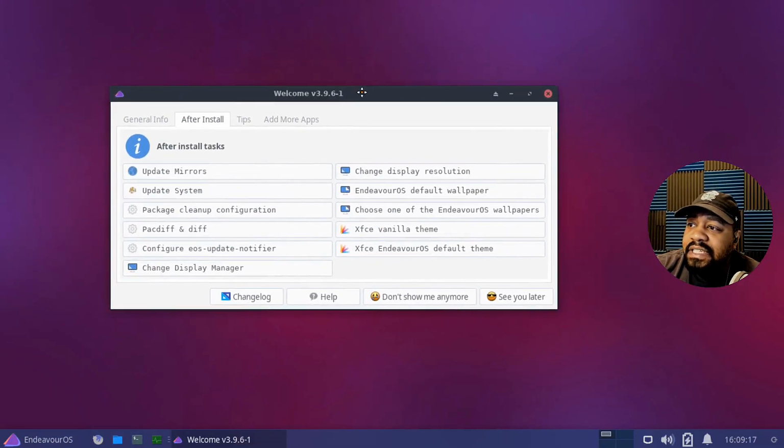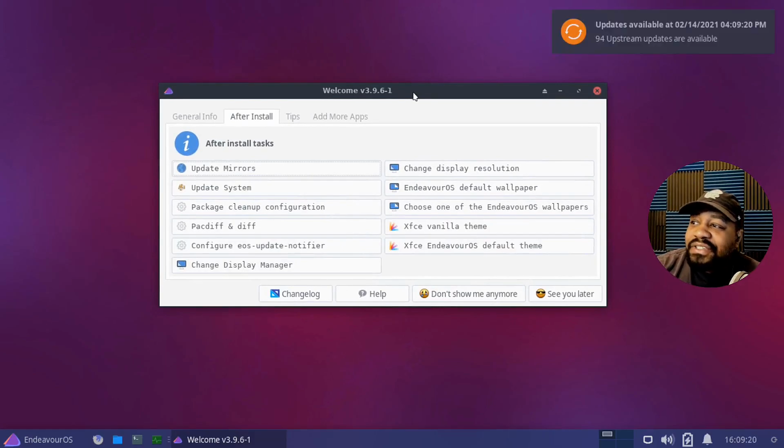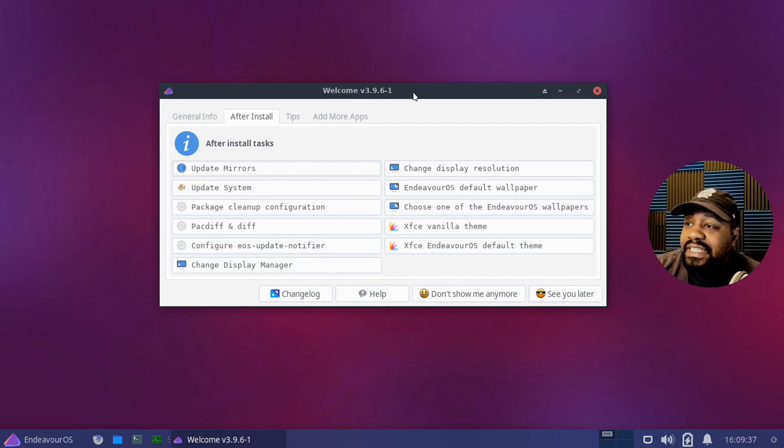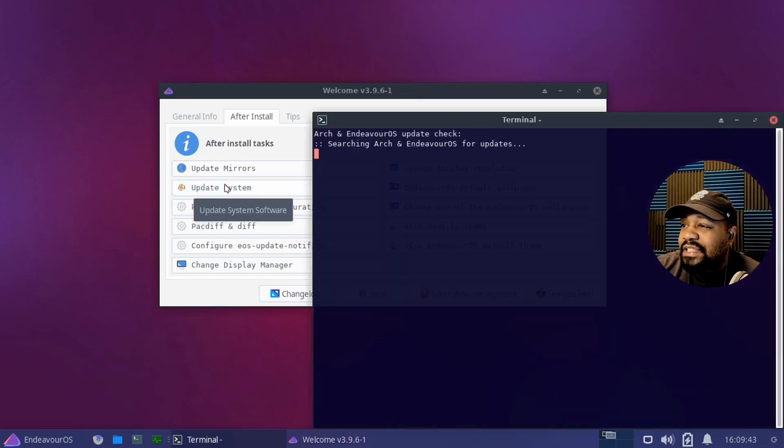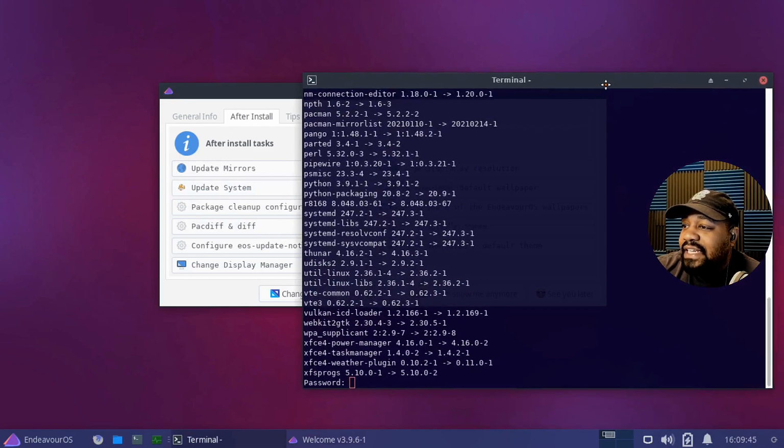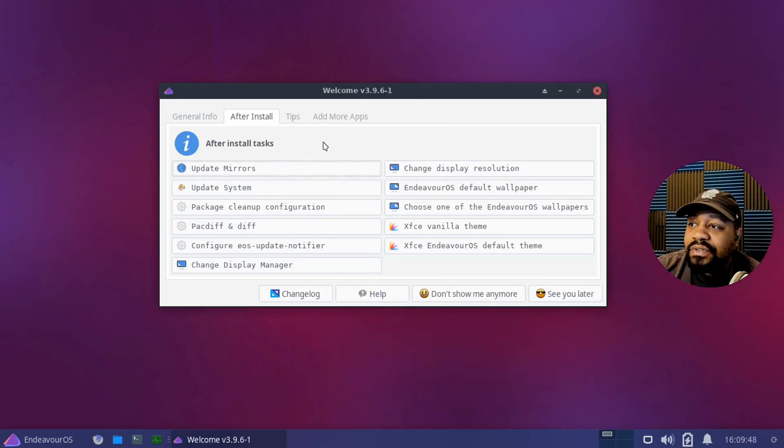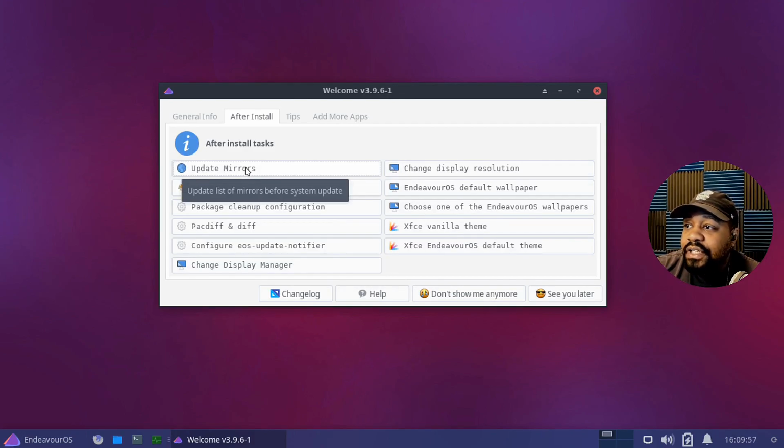All right, cool. So the first thing that'll pop up, this is after install. So it's basically a welcome. It walks through, it actually connects and starts checking for updates for the actual system. And as you can see, what popped up in the top right-hand corner, it has 94 updates that are available for the system. So you can use this to actually update the system. They have a button here. I'm pretty sure it'll open up a terminal and it'll install all the updates. I'm going to cancel that because I don't want to go through that whole process right now for you guys. But you can update the system, you can update the mirrors,